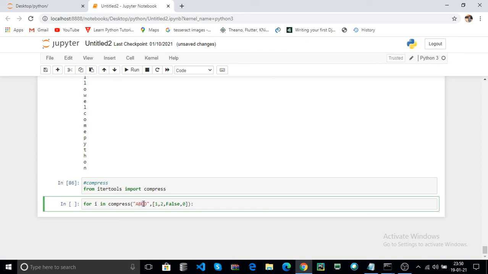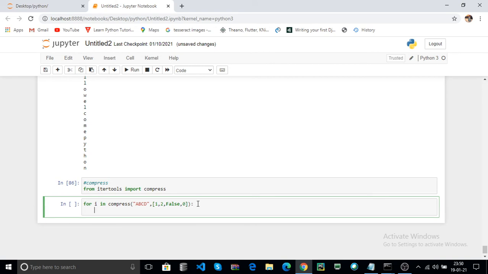The third character is C, and the selector is false, so C is skipped. Finally D, the selector is 0, and 0 means false, so it is also skipped. Now only AB is printed in the prompt. That means only the true items are printed. It compresses your string.